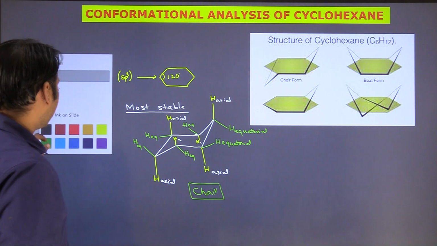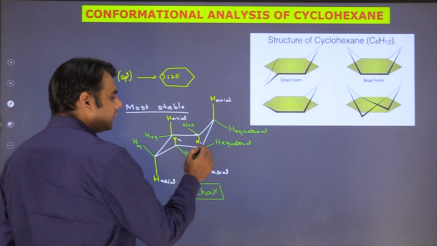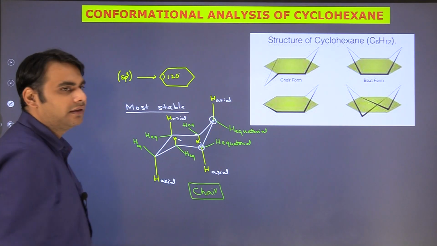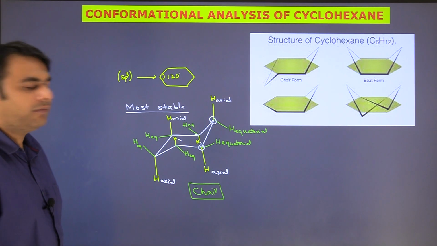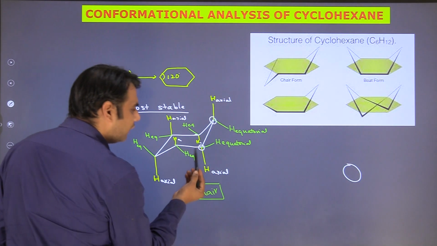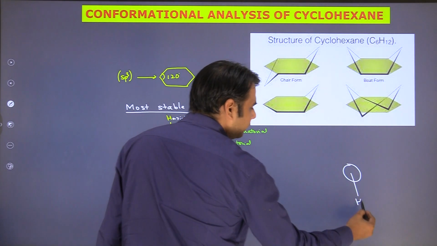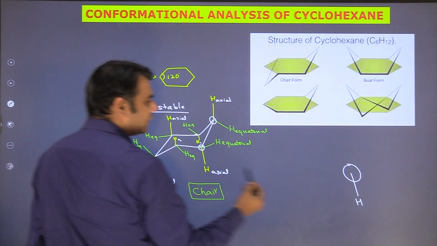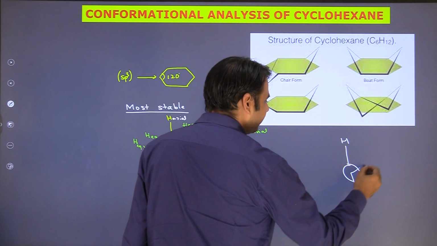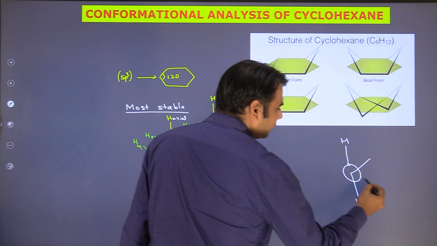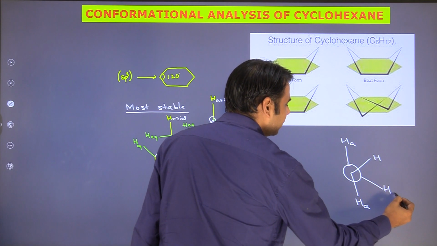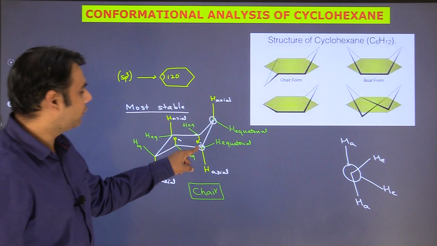So if you look at this particular carbon and this carbon, if I am viewing from here, this will appear like a staggered form, because obviously if I denote it like this, it will be something like this. So if I am seeing it from here, this hydrogen is basically going down. I am visualizing from here. So that is the back carbon. So its hydrogen is going up. Now here the hydrogen is going over here. These are your axial hydrogens, these are your equatorial hydrogens. So this is the view from this particular carbon.